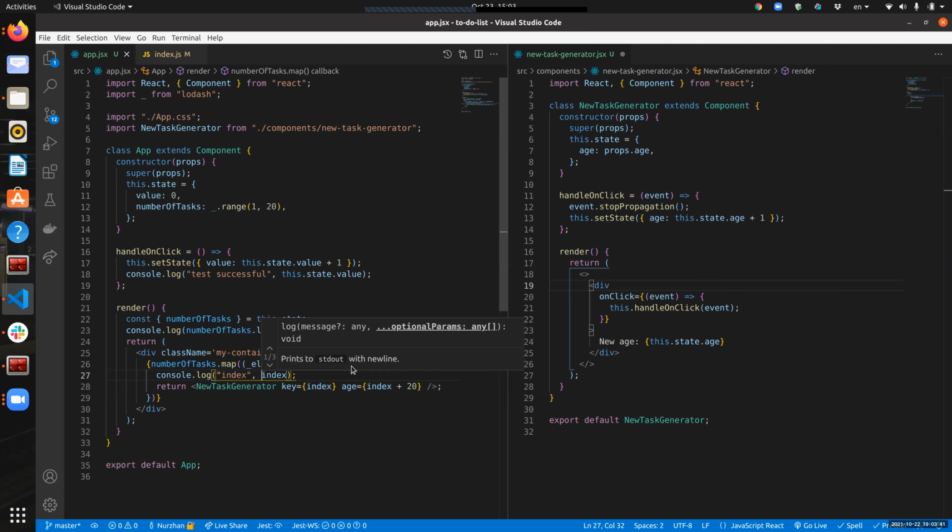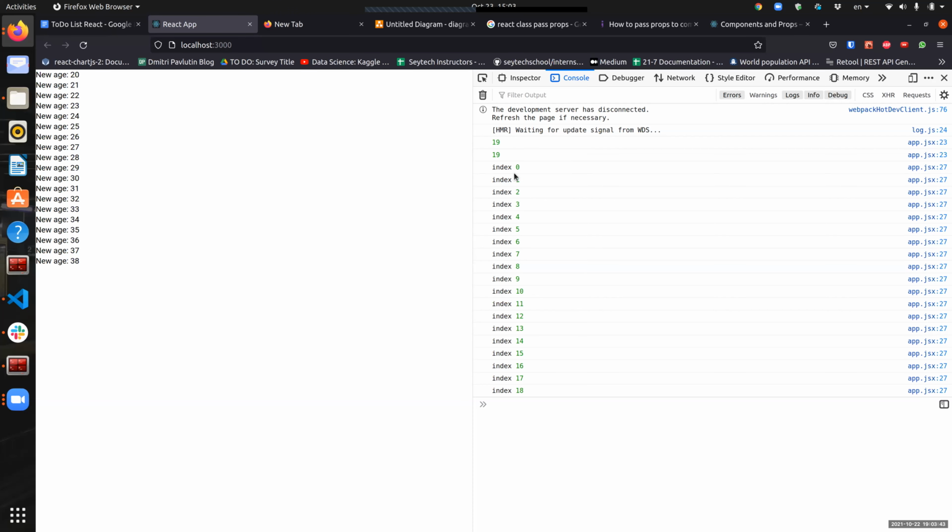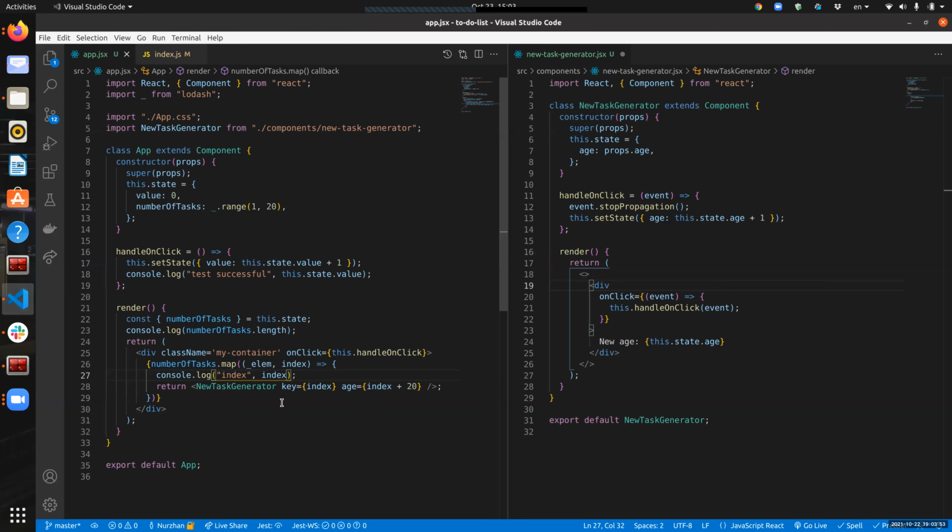But what is the index? Index 0, 1, 2, 3, and so on. It's an index of elements, right? And they cannot be repeated. And to be honest, it's fine if you do it like in this project, but in production code, we